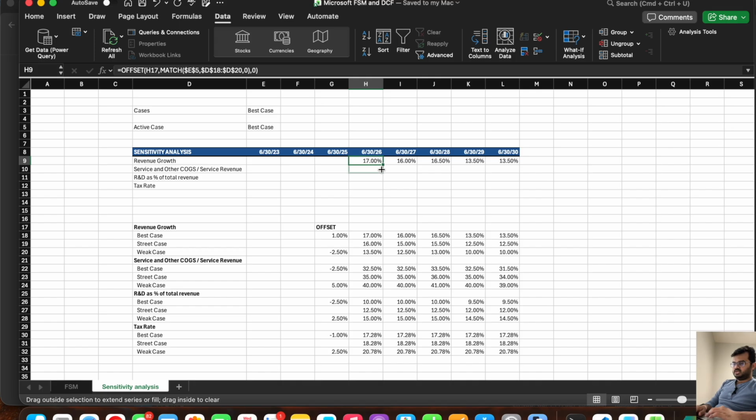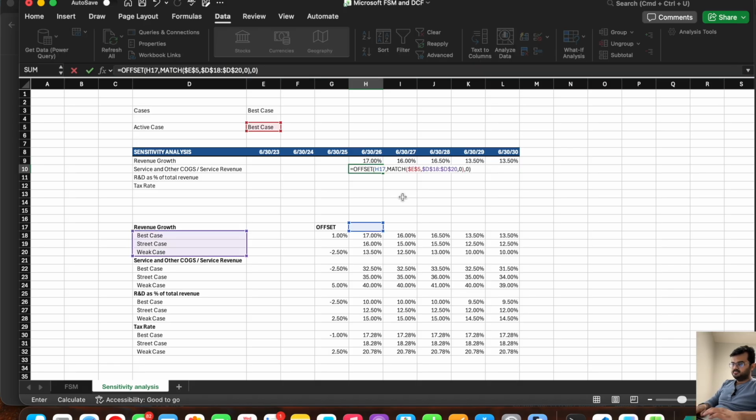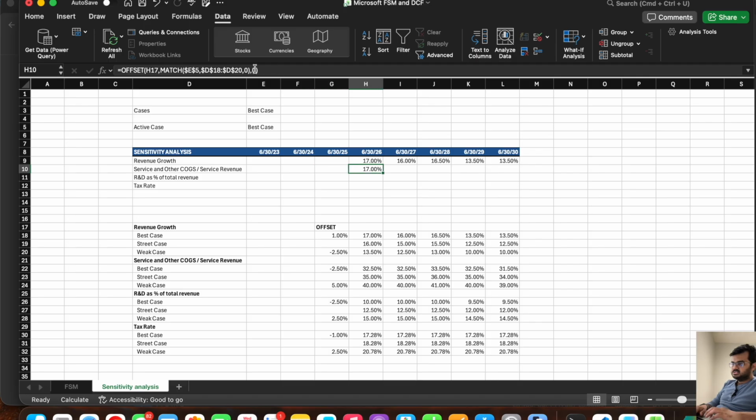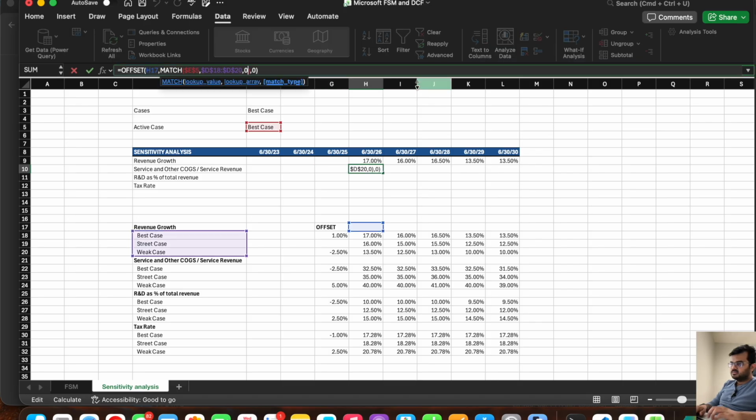You could technically drag and drop this, but it wouldn't work because we need to add one more MATCH function here. So for this, what I'll do is I'll just first copy this and put it here. Then again, the first function is not going to change. I'm going to match this one, which is whatever case it is, with any of these rows and get the value. But additionally, what I need to do here is